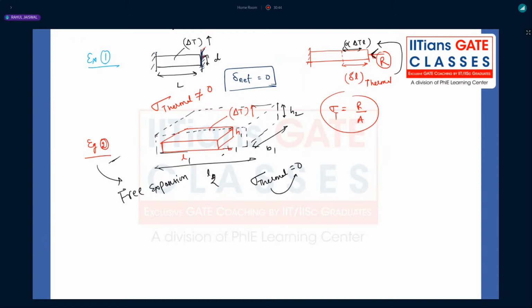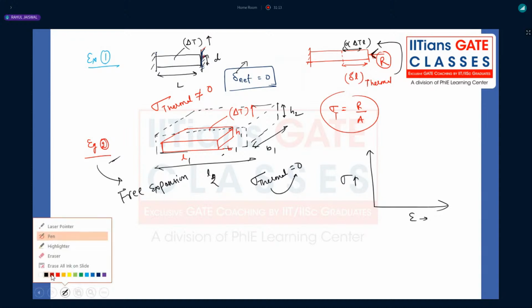And whatever the deformation we are learning right now, this delta, whatever we are adding, those are the elastic deformations, right? Within the elastic limit, we are learning all the fundamentals of strength of material right now. Once we cross the yield point, when we draw the stress versus strain diagram, after crossing the yield point, right? When you just draw it,